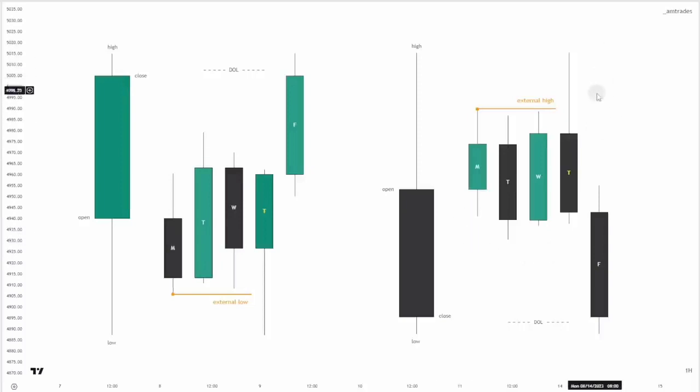Thursday, price manipulates the external high of the consolidated range and then expands away towards the weekly draw through Friday. This profile offers clear bias for Friday's trading, where the main target will be the opposing side of the consolidated range. Now that you understand the basics of the 3 weekly profiles and how they offer daily bias for specific days,